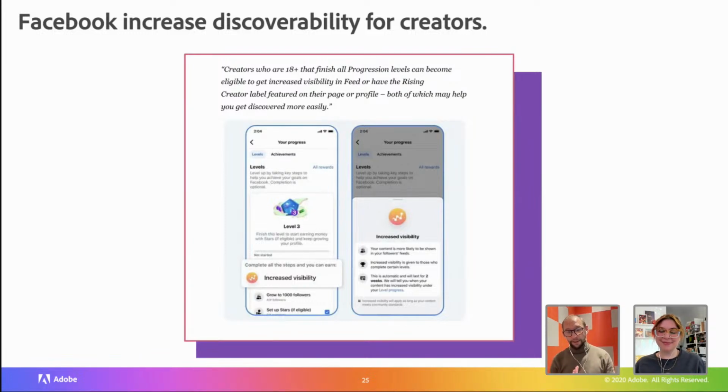If you pass these steps, which aren't actually that difficult, then you'll be rewarded with increased visibility. I don't actually know what that means, but naturally it's tempting enough to go ahead and follow it through, because this is really what Facebook want. They want more people creating on the platform, and it's what we want as creators, to be able to raise our profile. Yeah.